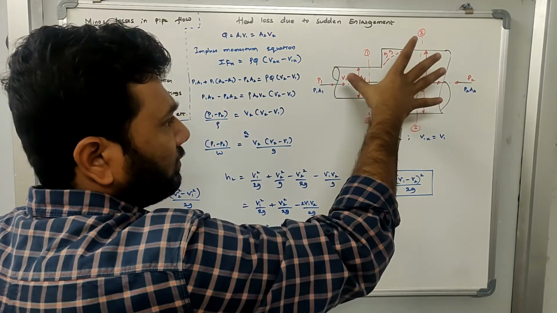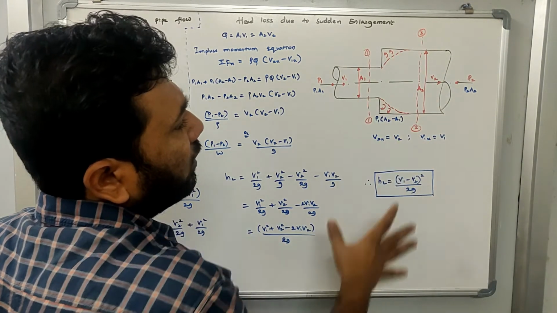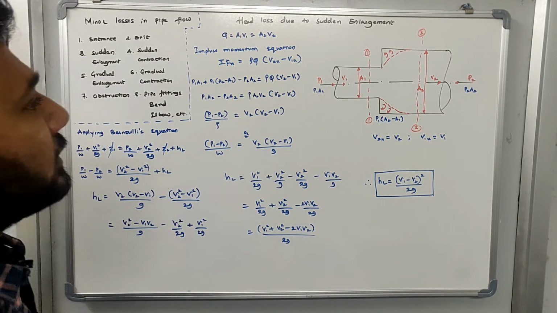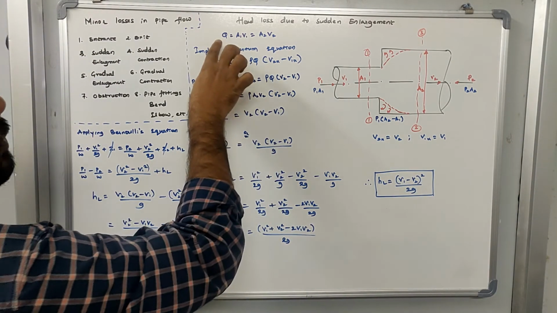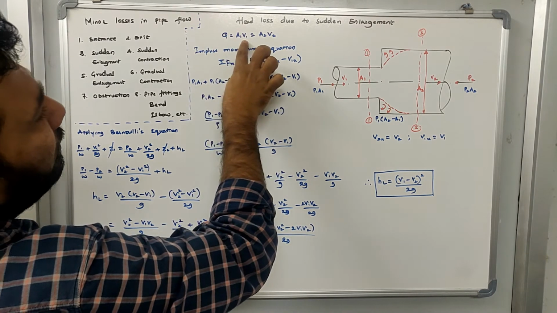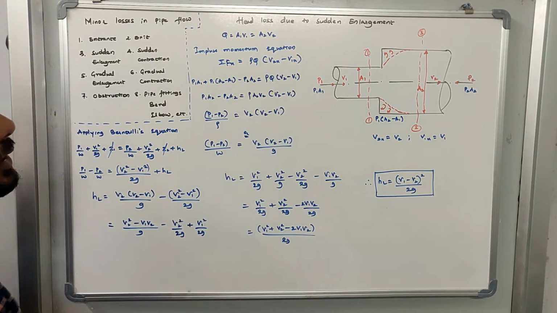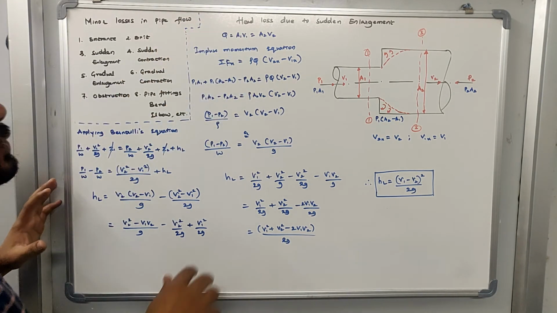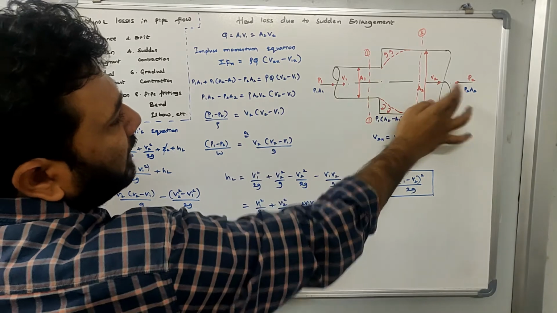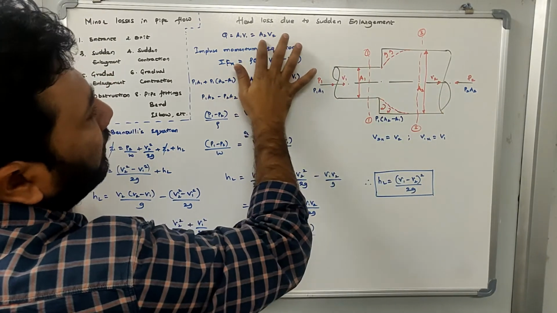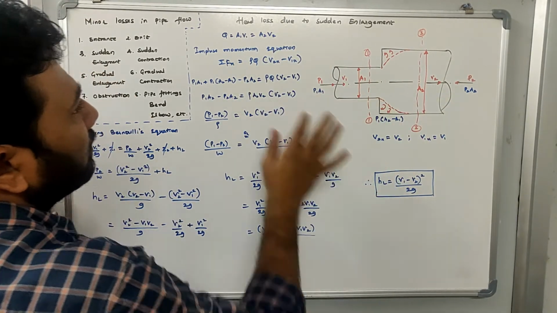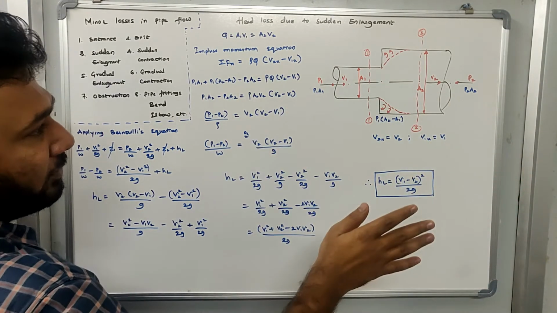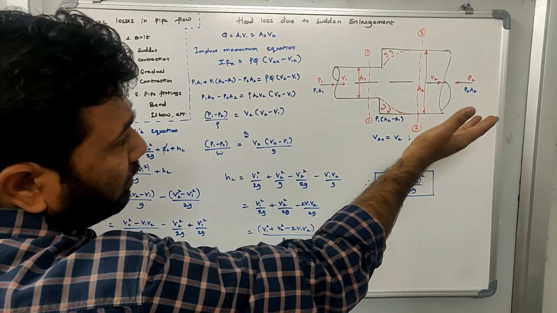Okay, so from this we are going to find out our head loss equation. First I'll use the continuity equation. What does the continuity equation say? Q equals A1 V1 equals A2 V2. Now let us interpret V1 and V2 from this diagram: this is V1 and this is V2, this is A1 and this is A2. The discharge is going to remain constant, it is not going to vary with respect to time, but it will vary with respect to space.